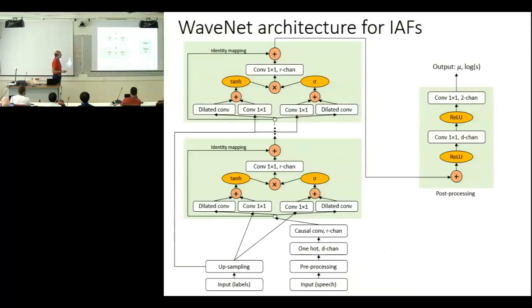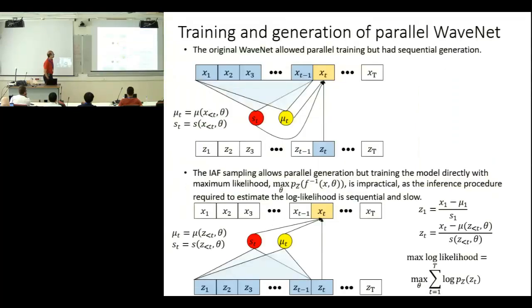Each one of these WaveNets has the form of the WaveNet together with the conditioning network, as I showed you before. In the paper of parallel WaveNet, they say we don't have skip connections, so we have only one connection from here to the post-processing block. However, you can still add skip connections and you will still have similar results. So, we will see the training and generation of parallel WaveNet.